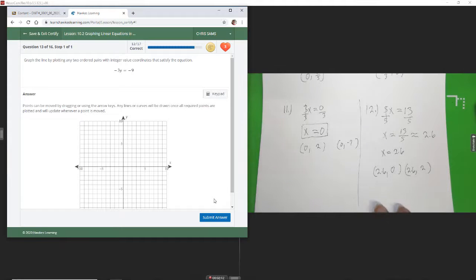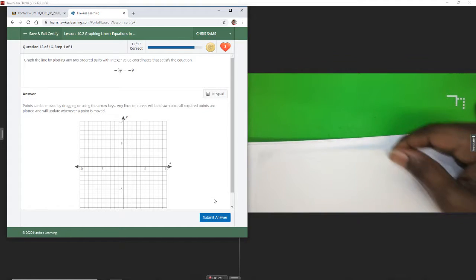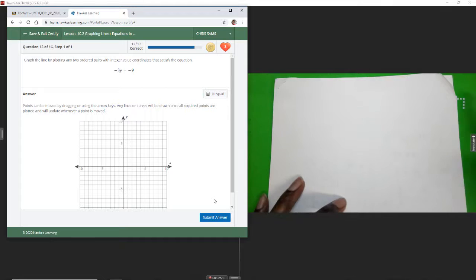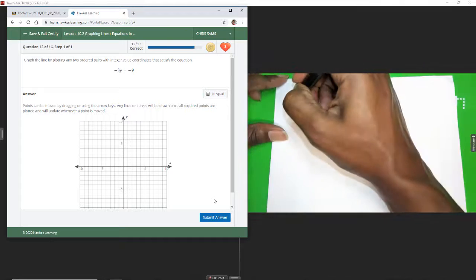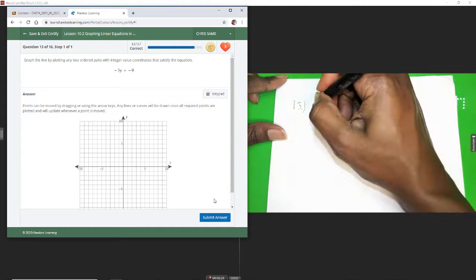Okay, this time we have y equal. So we're going to have a horizontal line. Whenever you notice y, it's going to cross the y-axis. So we have